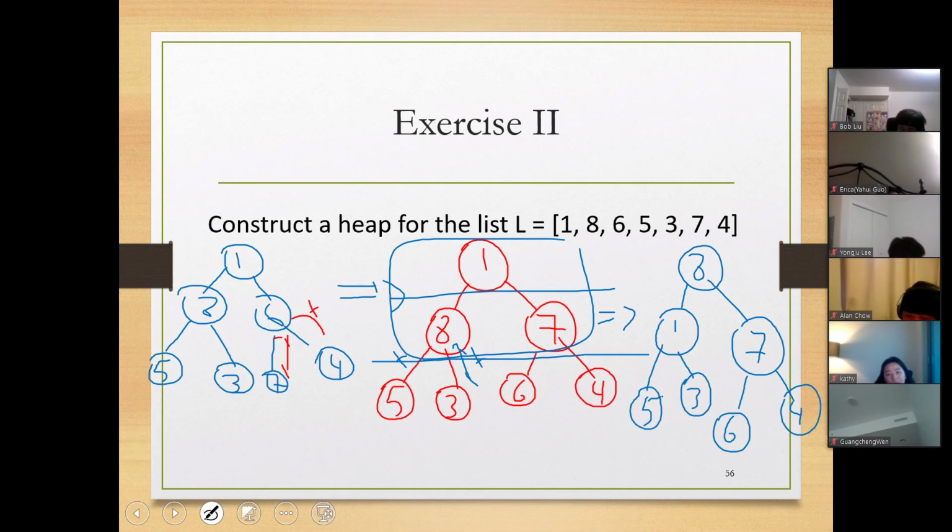Then we come back one level again to just reorder things, heapify. On the right wing, everything is good. On the left wing, things have to be reordered. Which one comes up first? The biggest one, right? 5. So we're gonna end up with